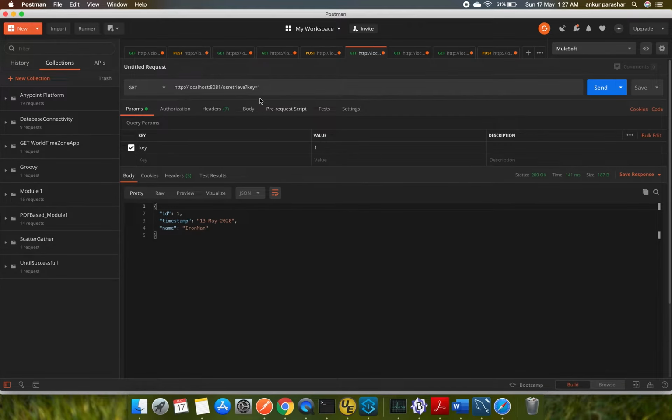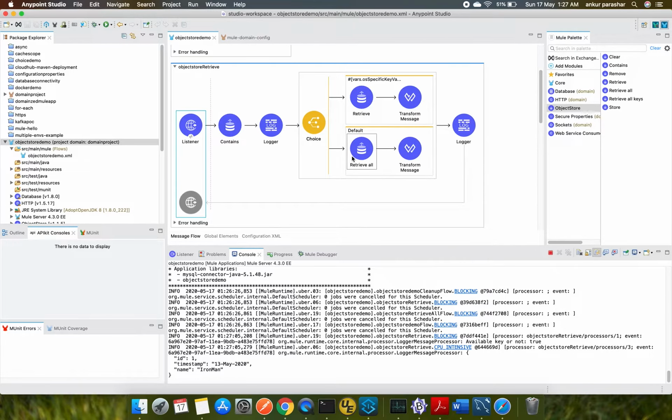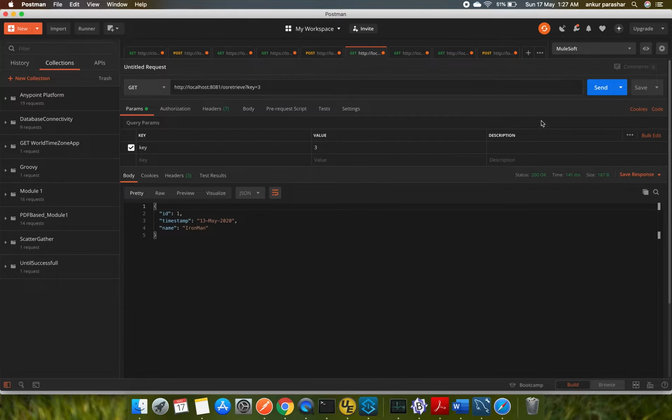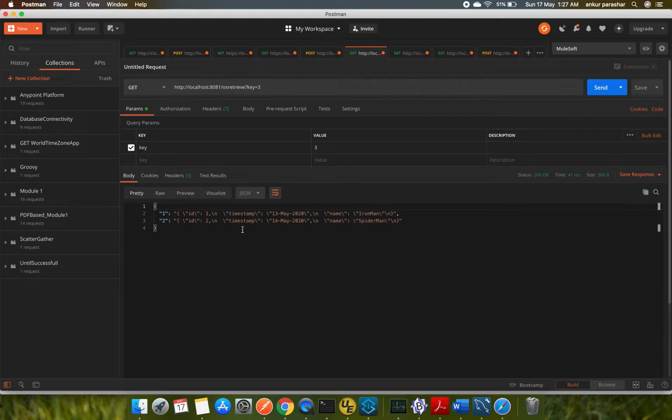Now let's try to hit something which we have not set, that is key 3. So we have set only key 1 and key 2. So key 3 will go to the default path, that is this particular path. Let me hit the send button. So here you can see 1 and 2 are both now coming up. Iron Man, Spider-Man, 1 and 2 IDs,